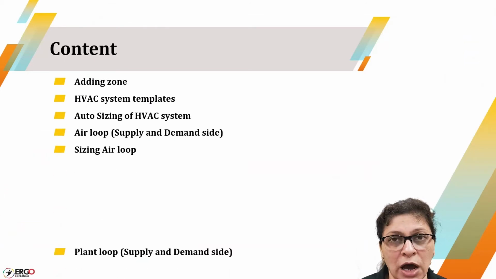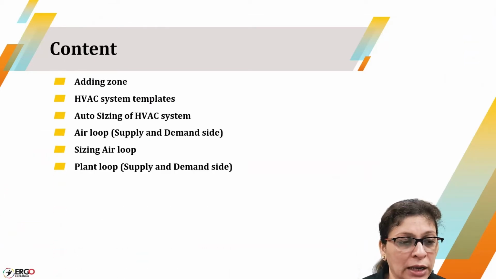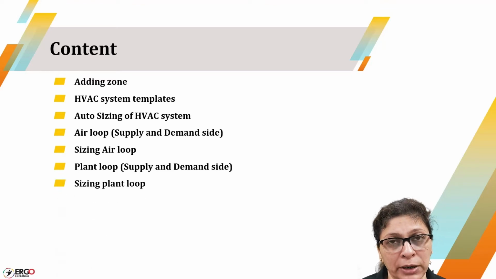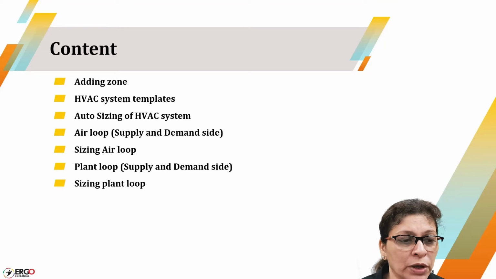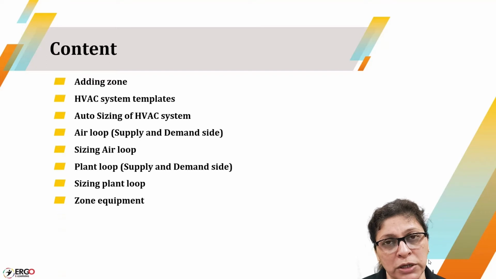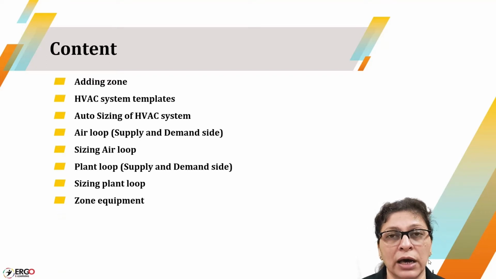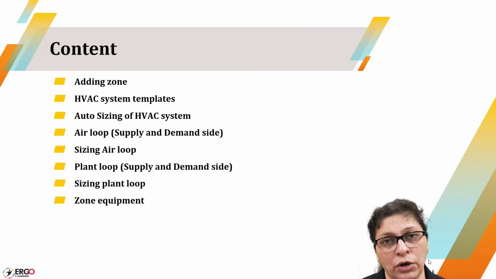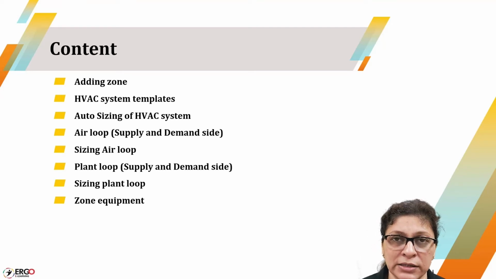It starts with how to add zones and then follow different templates which are readily available in OpenStudio. How to size an HVAC system. There are 3 different HVAC systems in OpenStudio: zone equipment, air loop, and plant loop. Their selection of equipment on the demand side and supply side, as well as their sizing and their temperature control,